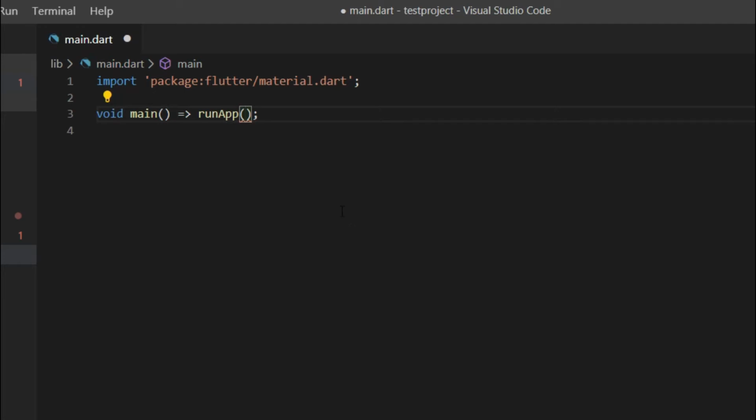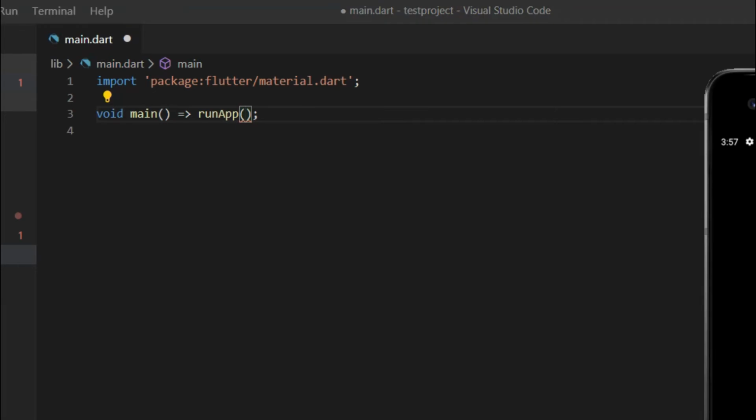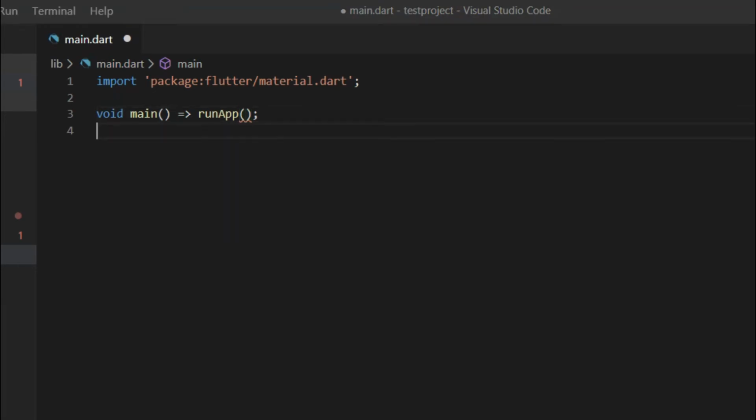So if you have some programming knowledge before, then the main function is the function that will run when the execution of the program will start. So the main function will run when we run this file on the emulator. This is the emulator. So main function is the one that will run first time or at the first point when we run this application on the emulator. So the main function, this is the shorthand notation to write the function.